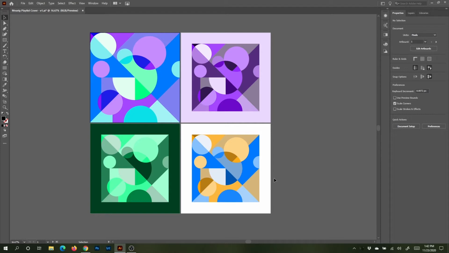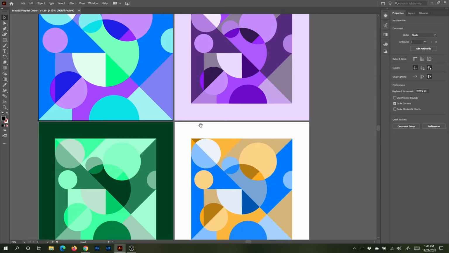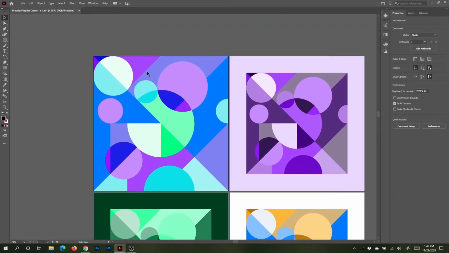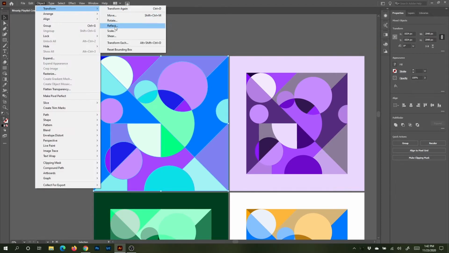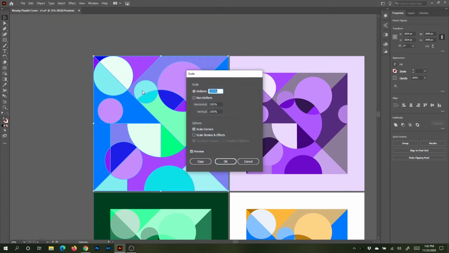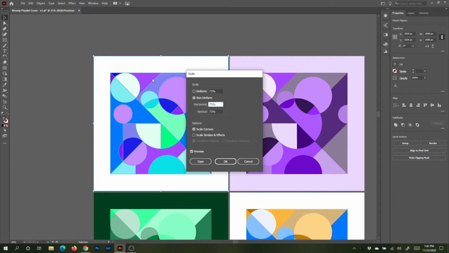I'm going to go ahead and maybe not zoom in all the way on this, but just one level so I can kind of grab things appropriately. I'm going to select everything here on my first artboard, so pull all of the pieces together, and then I'm going to go to Object, Transform, and Scale. And for the square artboards that we have, I found that 75% scaling, so scaling down to 75%,